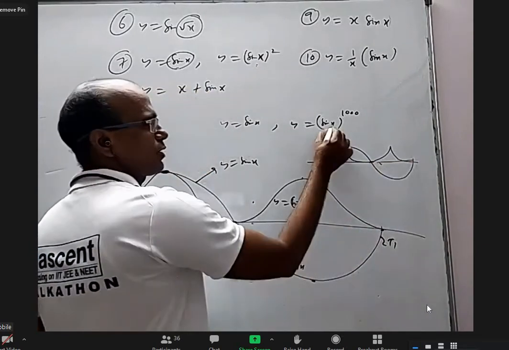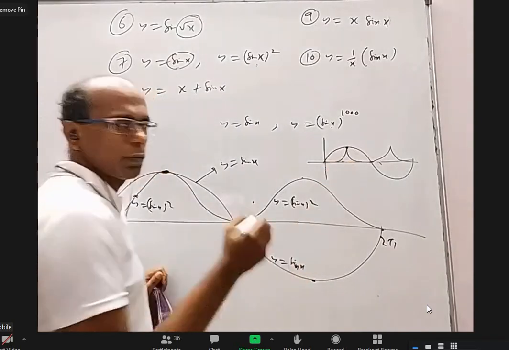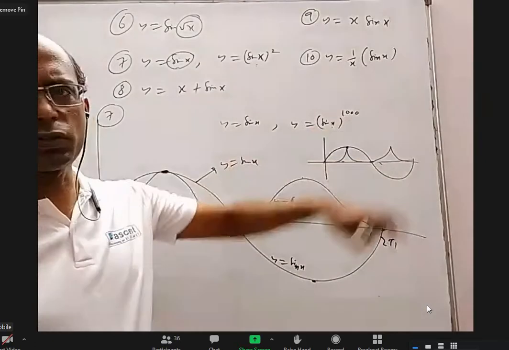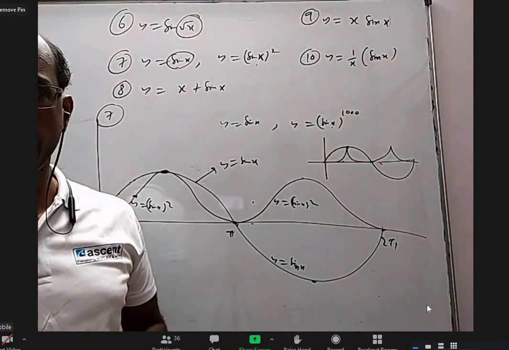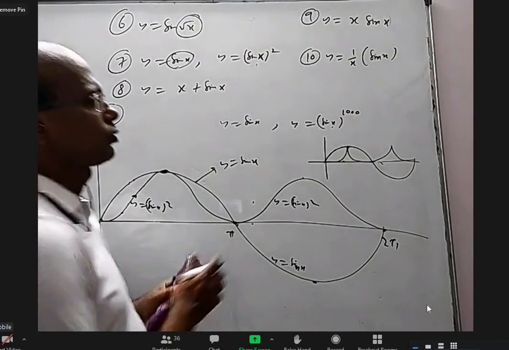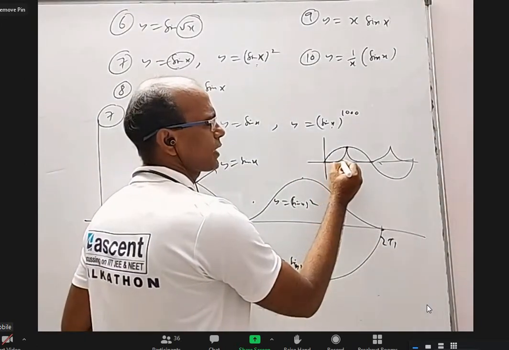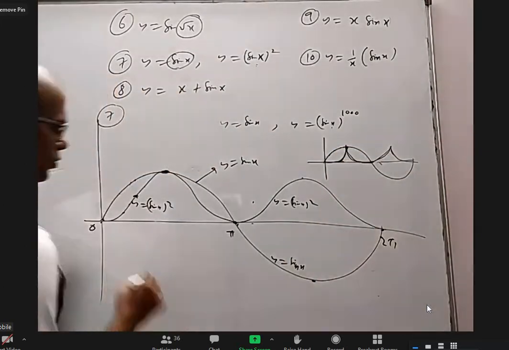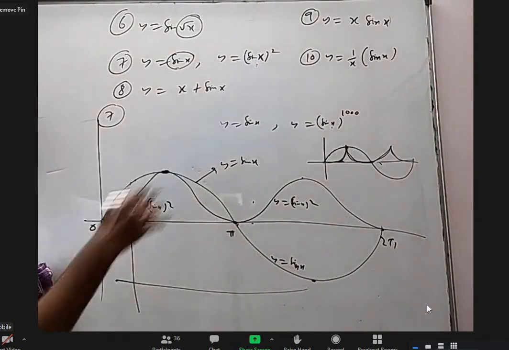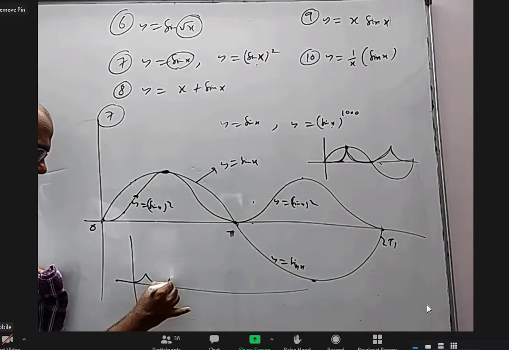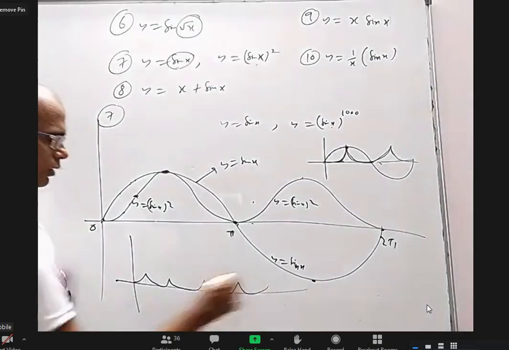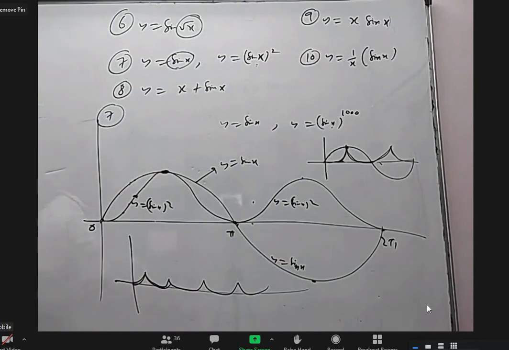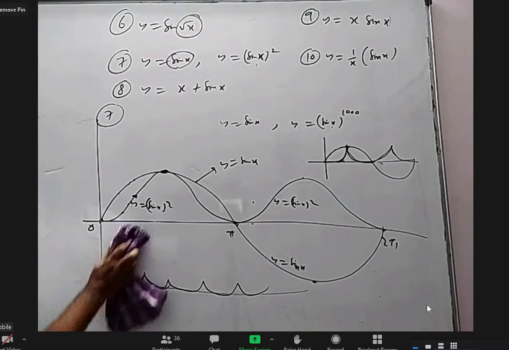You know why? At 1 it is 1 only, but even if you take 0.9, 0.8, all these values to power 1000, even 0.9 power 1000 is a very small value, right? So it will be practically 0, but at 1 it should reach 1. So it will increase up to 1, and again come to 0 like this. If you want to draw sin x power 1000 for large values of x, the graph will be like spikes. Suddenly it increases to 1 and again comes to 0, increases.